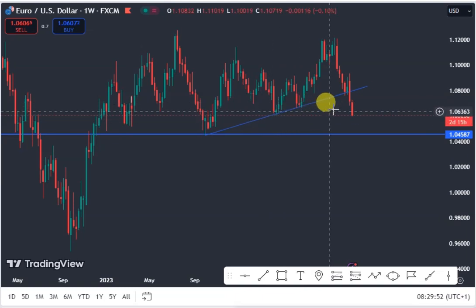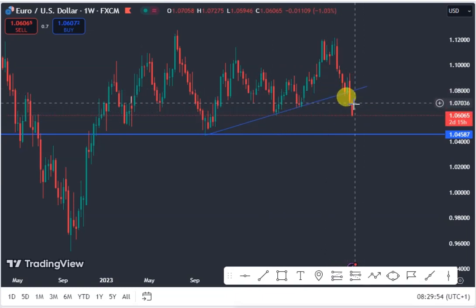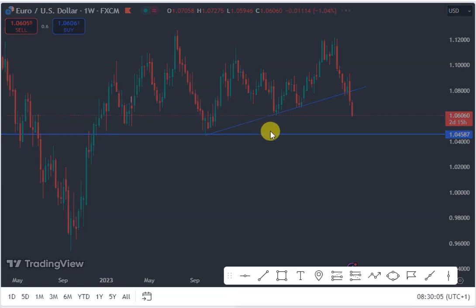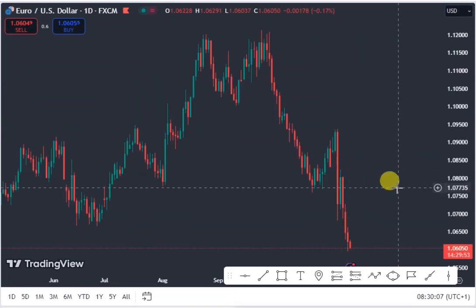So long as it's connected to three swing levels, it's a strong trend line, and so long as price breaks through it, we expect price to get to this next weekly support level. So let's look at our area of entry on the daily chart. On my daily chart, we'll be looking for a selling opportunity for the EURUSD